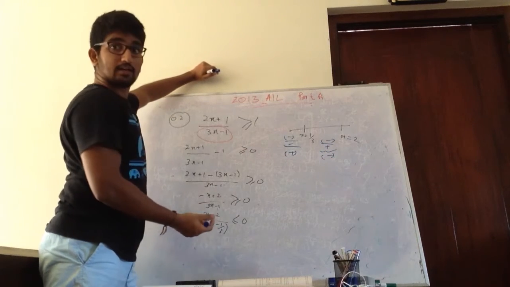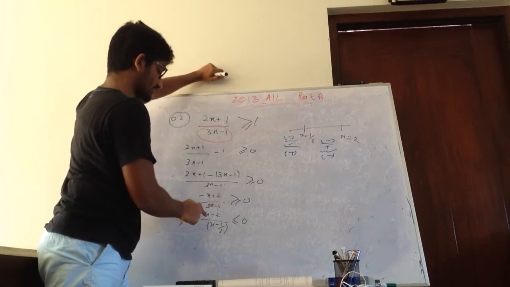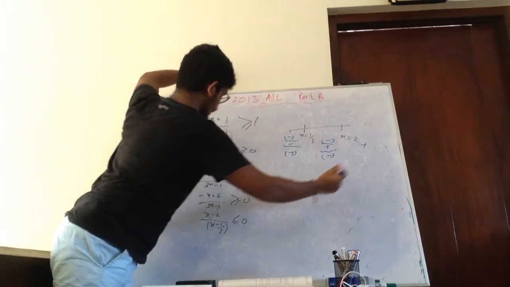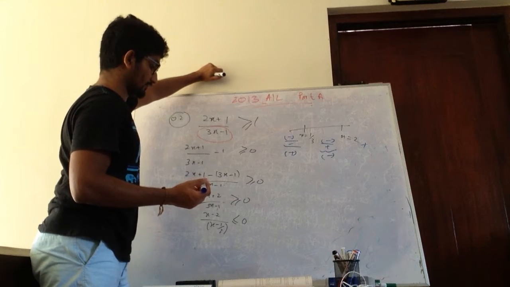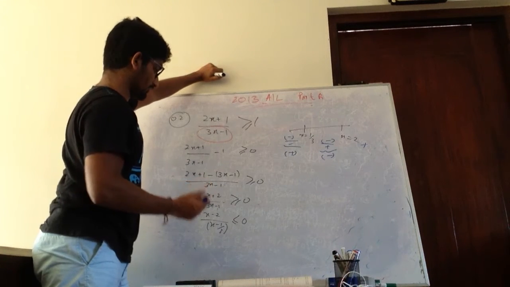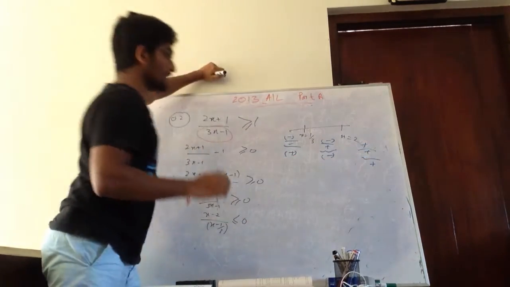So when it is greater than, let's say this has 3, that means 3 is going to be plus, this is also going to be plus, this is going to be plus. Right,